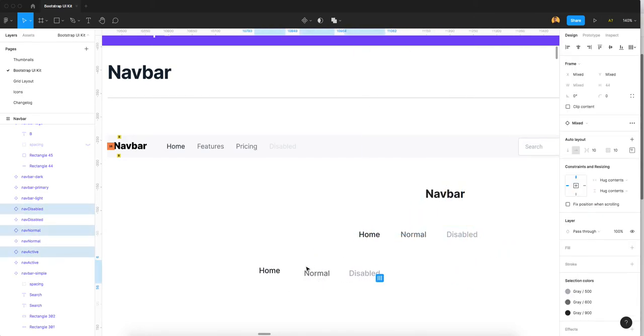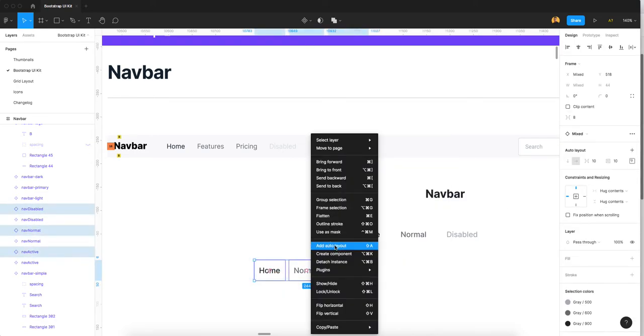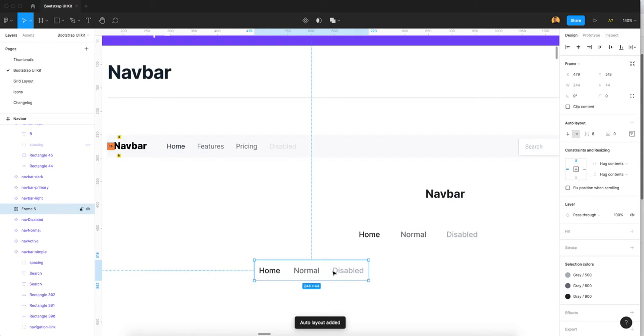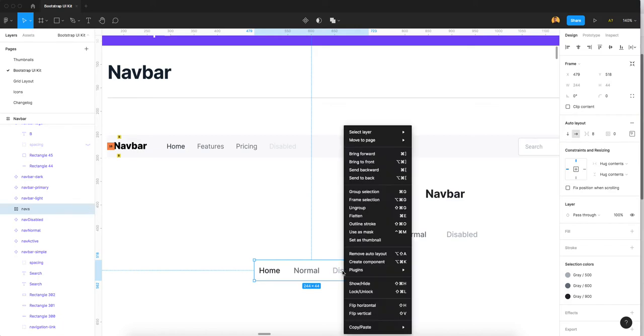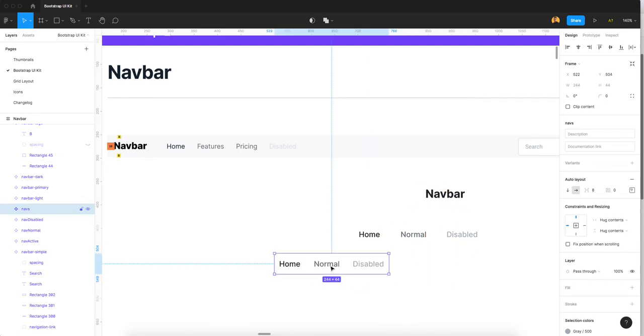After duplicating, I select all, click, and space we need between is 8 pixels, because already the space is 10 pixels. So I select this, again add auto layout and convert this into our component. So this becomes our complete navs for our navbar.